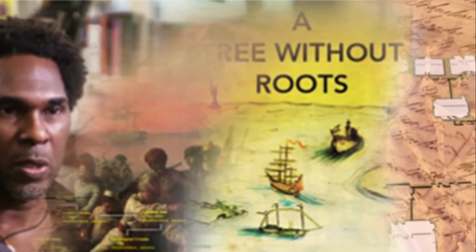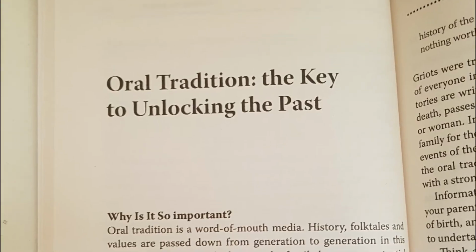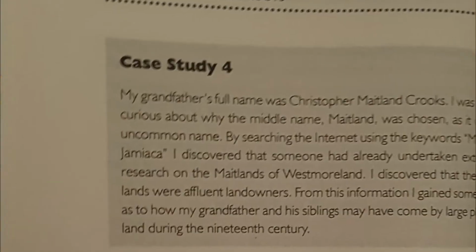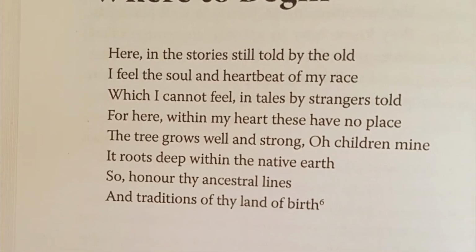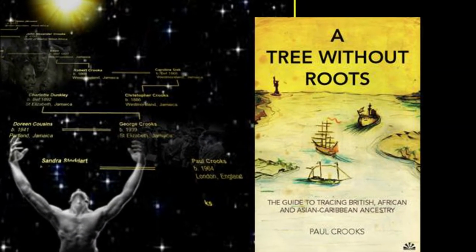You'll get the most from my tutorials if you have to hand a copy of A Tree Without Roots, the guide to tracing African, British and Asian Caribbean ancestry. You can get a copy from the Ancestry Talks with Paul Crooks website at